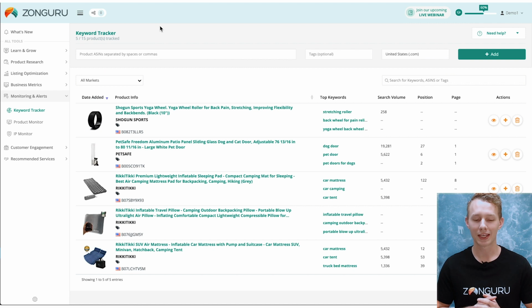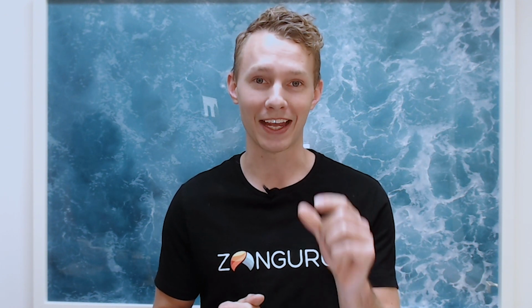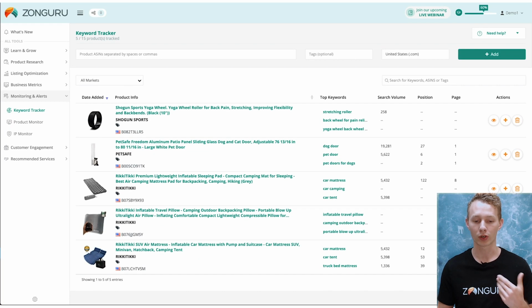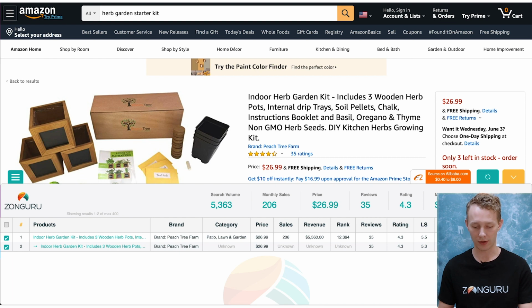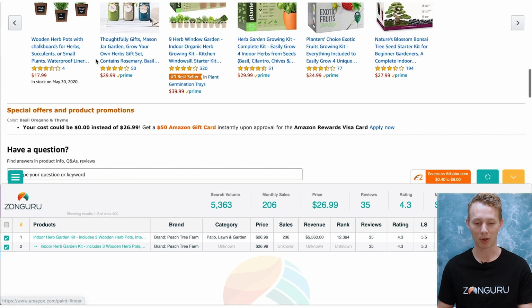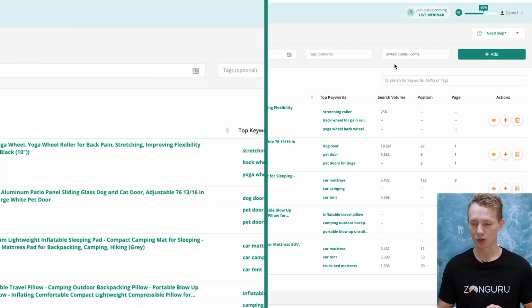We're inside of the Keyword Rank Tracker tool, and what you might notice is I've already added a few products. Now, if you're going to add your first product, the thing that you're gonna need is the ASIN. This is the identifier for your listing, obviously, and you can grab it in the URL of the listing or down in the product description. So what we're gonna do here is we're gonna add the product ASIN. We're gonna click Add,